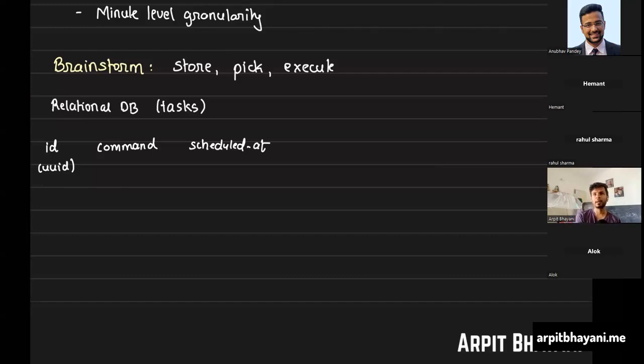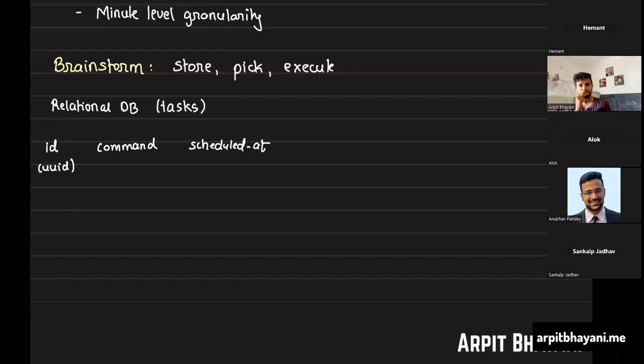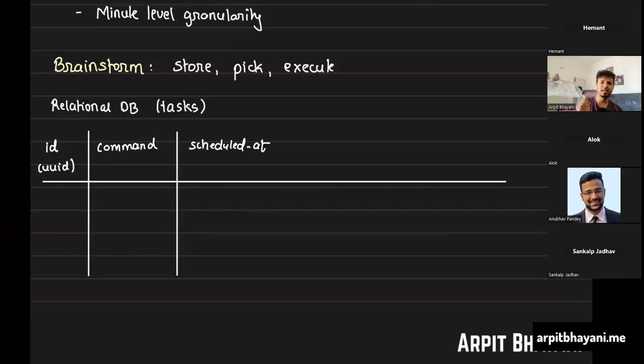Okay, fine. Hemant? Yeah, we may need to think of a few more things. Maybe schedule at, if we are considering timestamp and time zone and all those. If it is in one place, that's okay, but we can directly store Unix epoch. No tension there. We will store UTC time as Unix epoch.